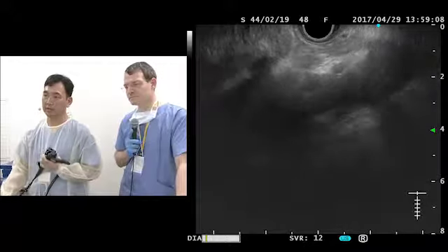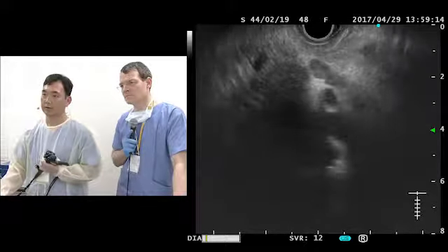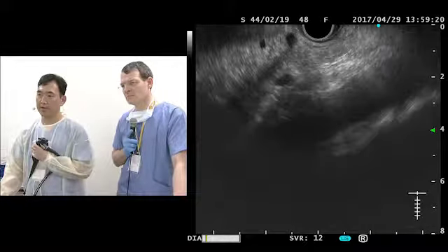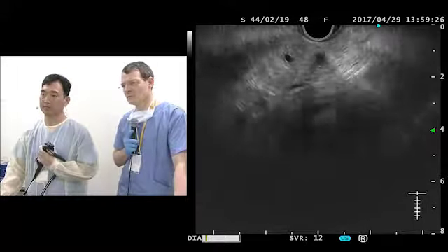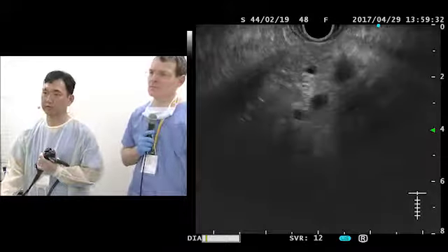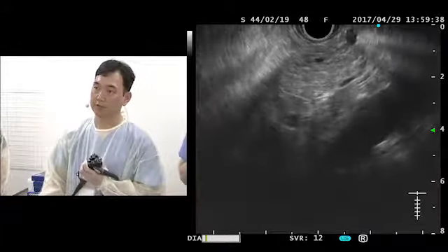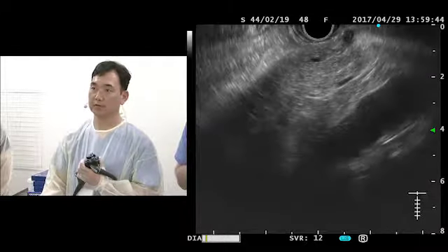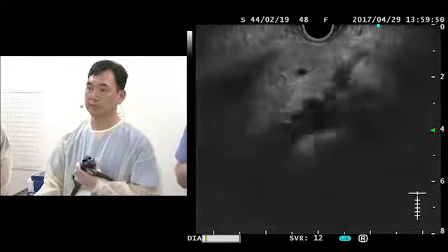I'm looking at the celiac axis, and I can follow the hepatic artery to the splenic artery takeoff here. But let's come back and push the endoscope a little bit further down. You see the SMA takeoff at the deeper site. And then between the echo transducer and the aorta is the pancreas body. Now this pancreas body shows not much parenchymal change. There's some stranding you can see, but there's no